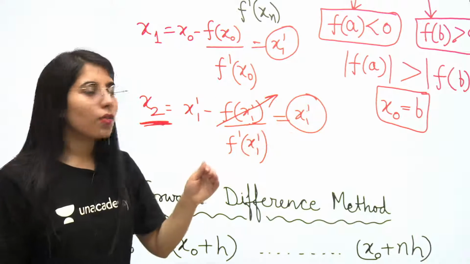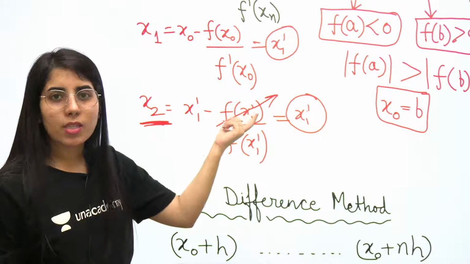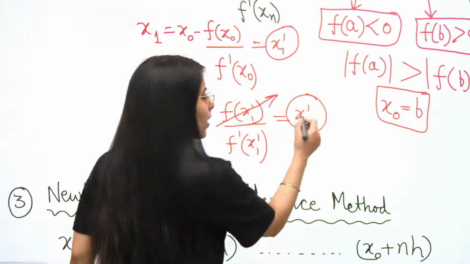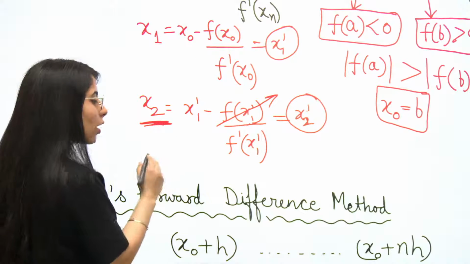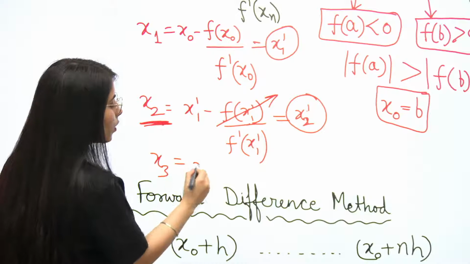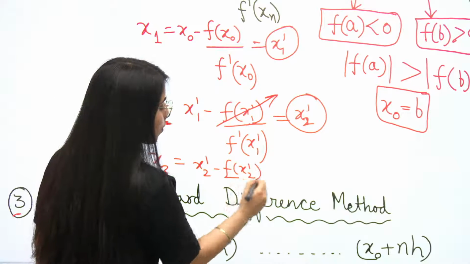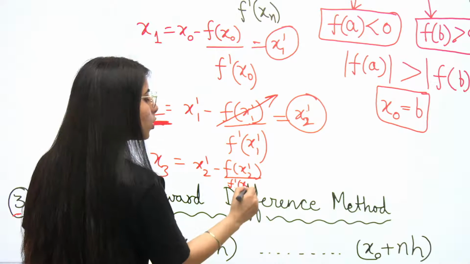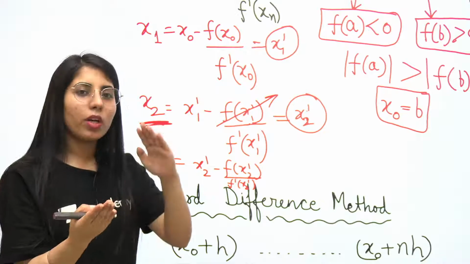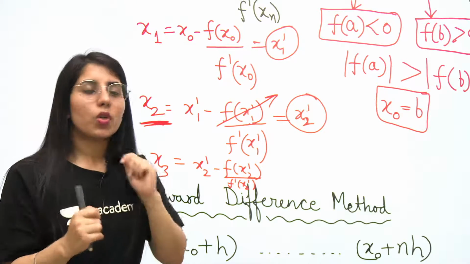And if it is not giving you the same value as the previous iteration, which means f(x1 dash) was not 0, in that case you have to consider, let's say you got here x2 dash. So you have to work for the next iteration value, which will be x3, and you will write x2 dash minus f(x2 dash) upon f dash (x2 dash). You will keep on finding it until you get the next iteration value equal to the previous iteration value, because that point will give you the root of the polynomial.